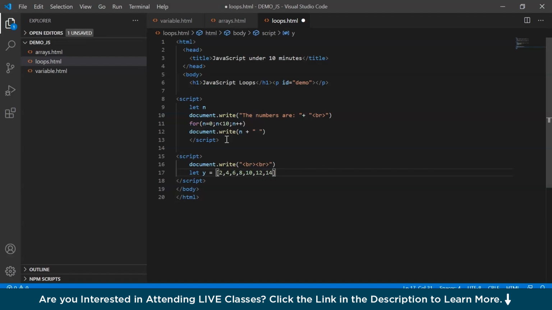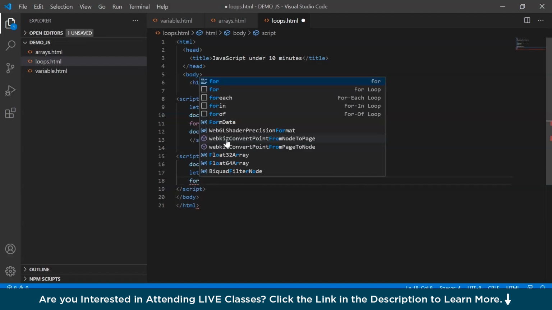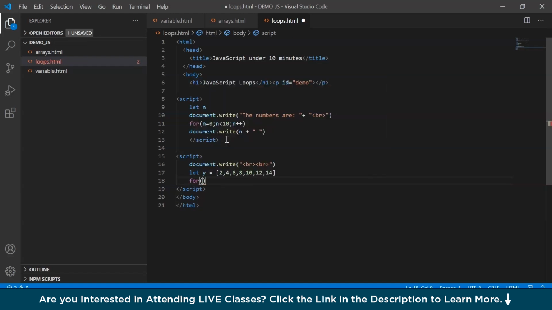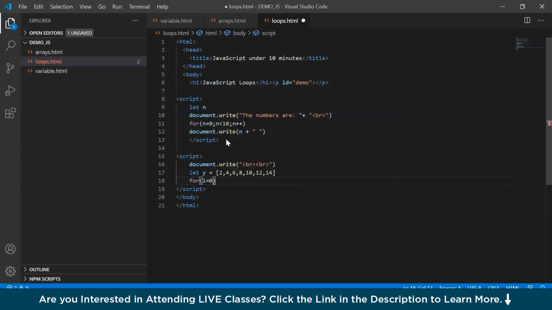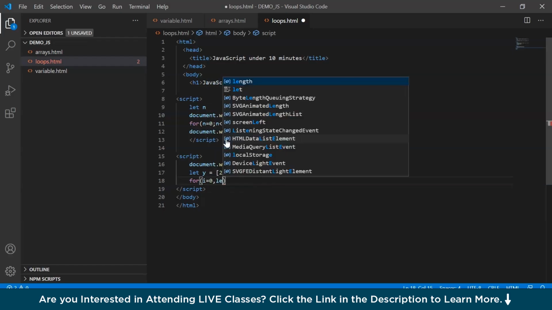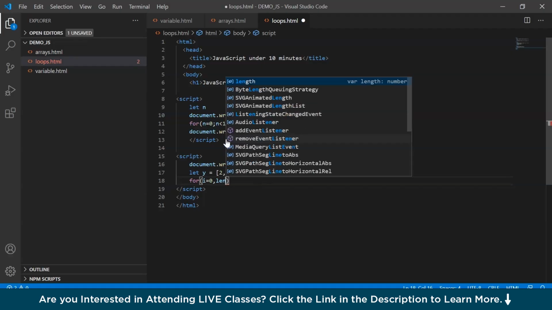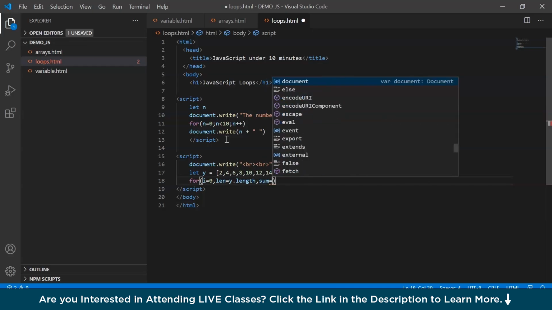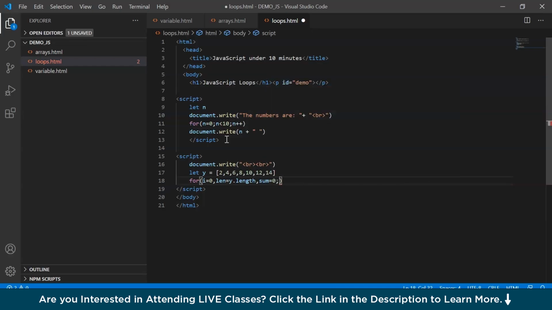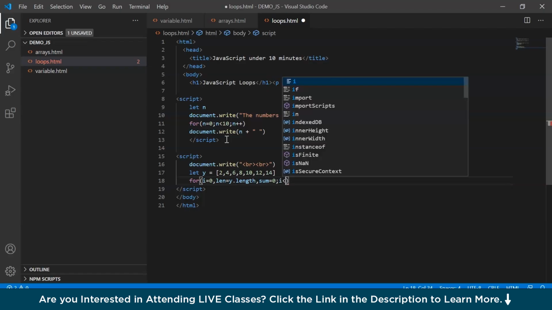Yeah, and then let's say for, I'm going to create an index variable that is i equals 0, to length equals y dot length, and sum equals 0 and i less than length